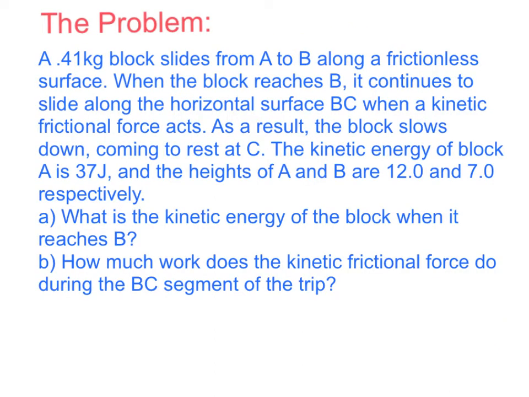Here's the problem. A 0.41 kilogram block slides from point A to point B along a frictionless surface. When the block reaches point B, it continues to slide along the horizontal surface BC when a kinetic frictional force acts. As a result, the block slows down, coming to rest at point C. The kinetic energy of the block at A is 37 joules, and the heights of A and B are 12.0 and 7.0